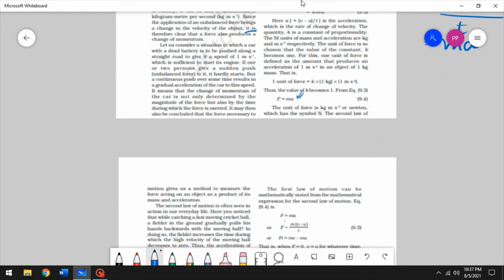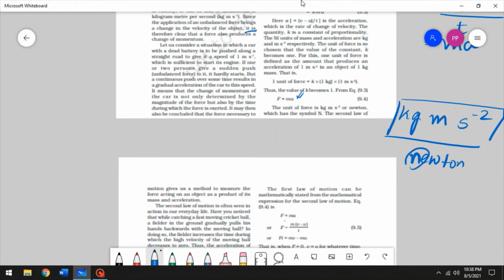Alright, so what is the SI unit of force? What is the SI unit of mass? Kg. What is the SI unit of acceleration? Meter per second square. So the SI unit of force will be kg meter per second square, which is also Newton. Newton with a lowercase n, because it's the name of a scientist, and